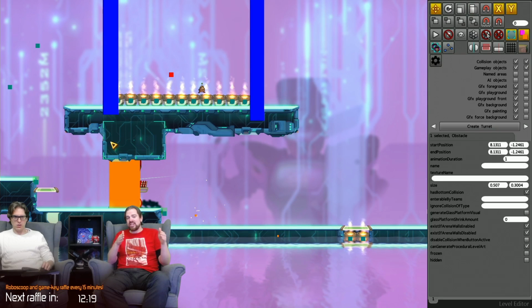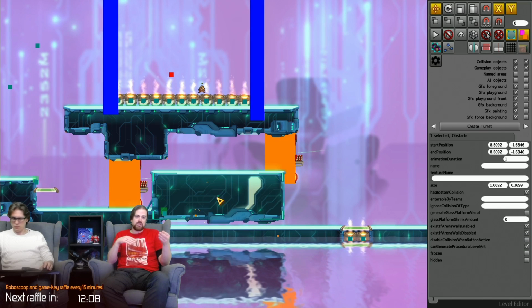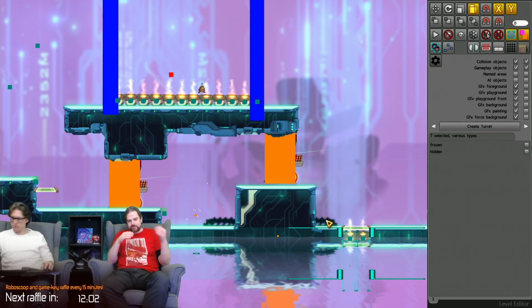It's not a character editor, so you won't be able to make new types of characters. You won't be able to make a new class. But you can put characters in. You can use all the existing characters, and you can put them in levels, and you can give them custom AI. So what you can do is put a froggy in a level, and